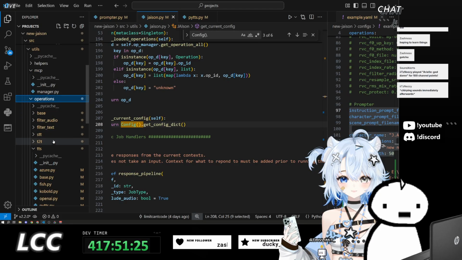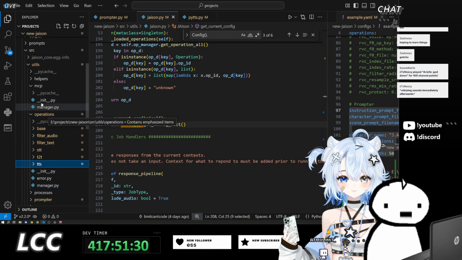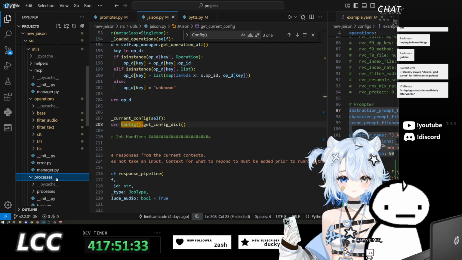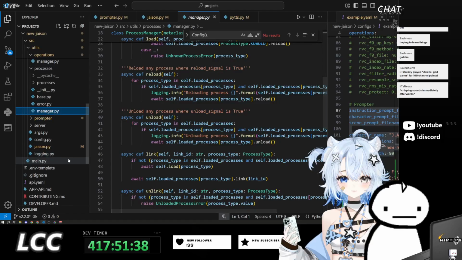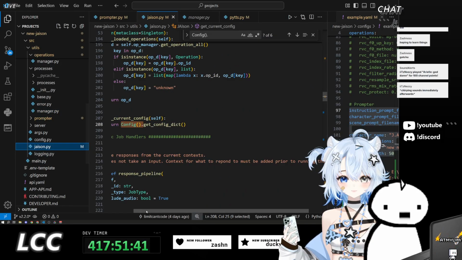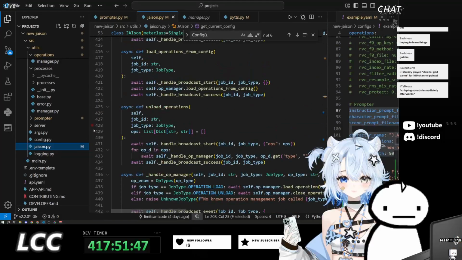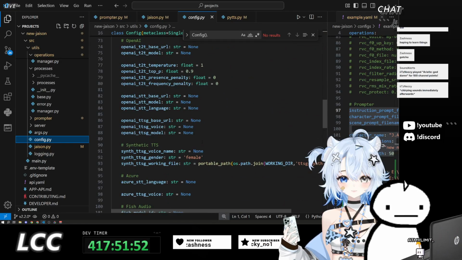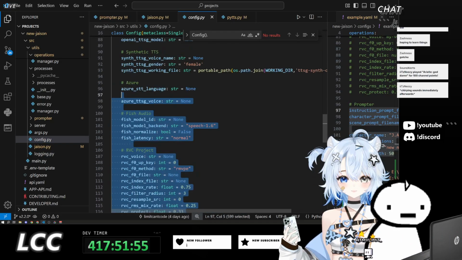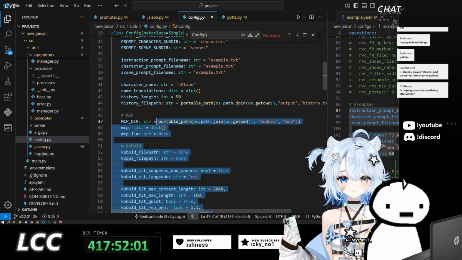So we still need to update the operations manager to pass up the configuration calls. We need to update the processes and the processes manager so that way we can load up multiple of the same process. And we also need to create new endpoints within JEISN's application layer in order to make use of these new configurations and ultimately get rid of the global config because this is no longer valid. We can actually just get rid of all of these now. Right? We can get rid of all of these, right?